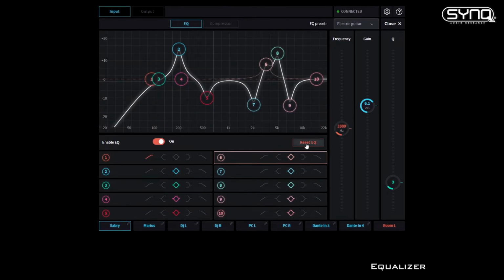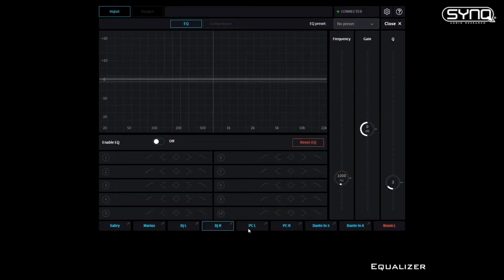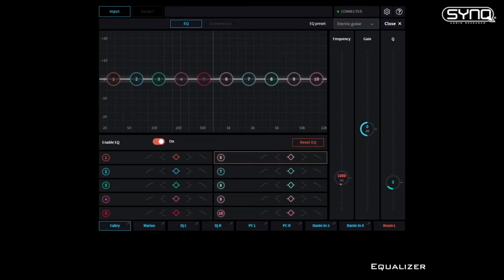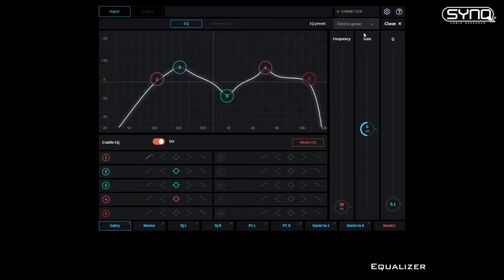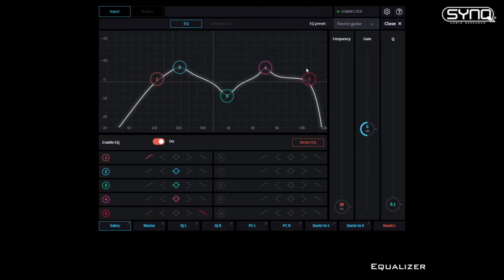And obviously, I can reset the EQ. In addition to that, you can instantly select the input. Those buttons down there are shortcuts. You can also use presets. We define some basic presets for keyboard, guitar, and so on.